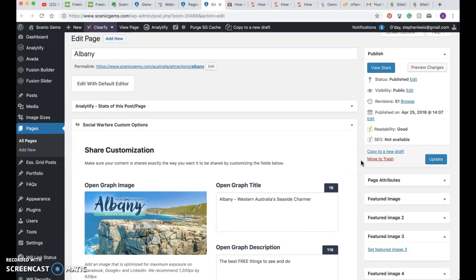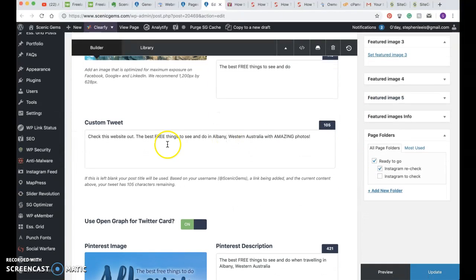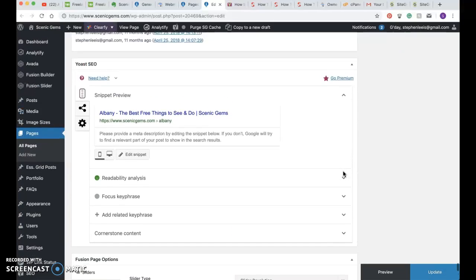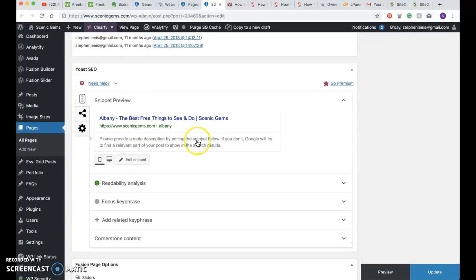So essentially I want to grab this custom tweet text here, the best free things to do with amazing photos. Grab that text, scroll all the way to the bottom and come up to Yoast and edit snippet